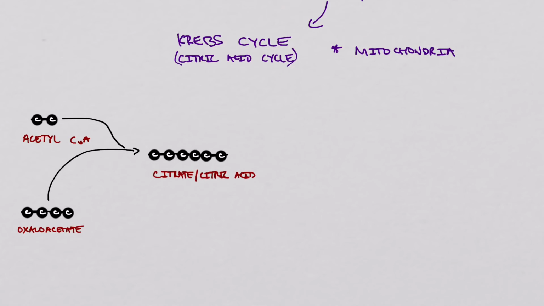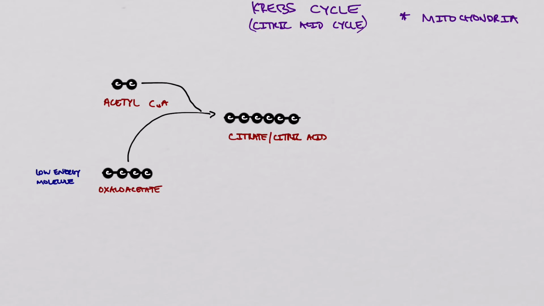I think you can see now why this is called the citric acid cycle. Okay, I'm going to just grab this, move it over a little bit. This citrate, the citric acid, is a very high energy molecule, and it can be oxidized, meaning it can lose electrons, and it can donate high energy electrons to electron carriers. So the first thing that happens after citrate is made in our citric acid cycle is that